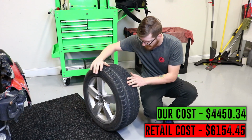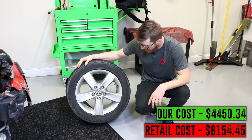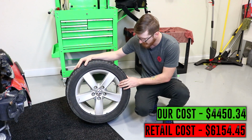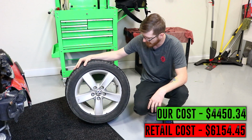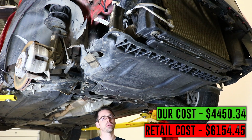But yeah, this would definitely be something that needs to be replaced. We are not going to be replacing these hideous stock wheels with the same thing. We've got a nice set of wheels coming that should look pretty good on here. Now, one thing I want to mention that I think can potentially get missed is the damage to this vehicle,